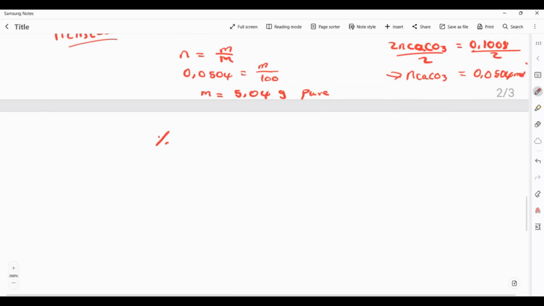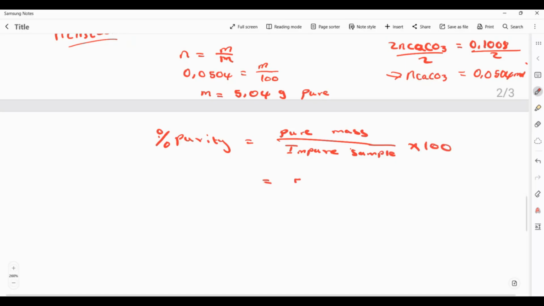Because I have the pure mass, I can say percentage purity is equal to pure mass divided by impure sample, multiplied by 100. That's 5.04 divided by 56 multiplied by 100. What answer do we get? 9%. That's how you do it. So the very important